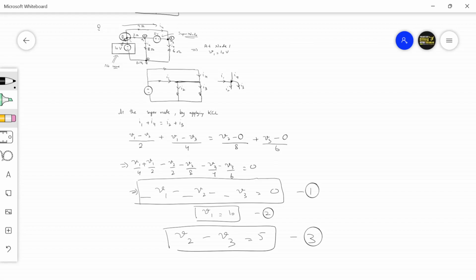तो ये हमारी तीसरी इक्वेशन होगी। ठीक है, तो पहले तो सुपर नोड वाली जो इक्वेशन है वहां पे केसीएल लगाना है। उसके बाद you have to analyze other nodes as well. नोड 1 पे हमें डायरेक्टली मिल गया V1 इज इक्वल टू 10 वोल्ट्स, और नोड 2 और नोड 3 के बीच में हमें V2 माइनस V3 भी मिल गया, दैट इज इक्वल टू 5 वोल्ट्स।